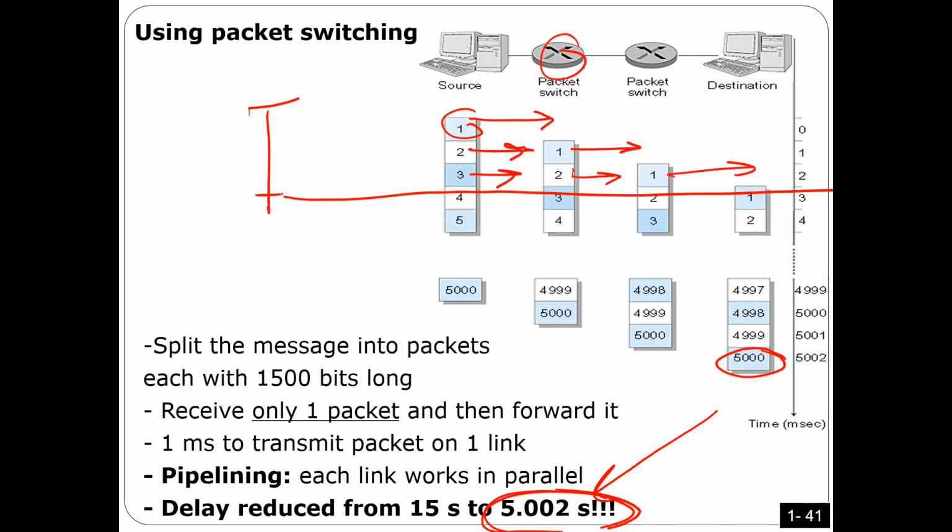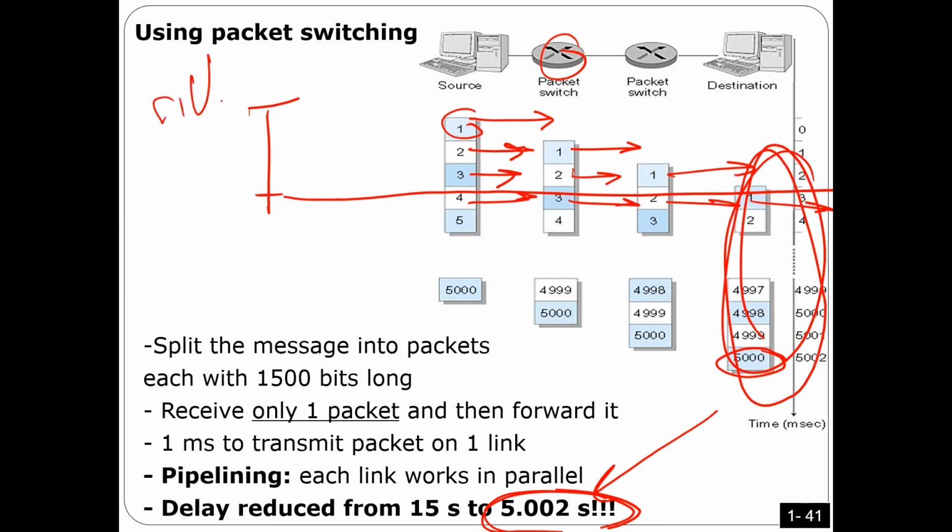So here only one transmission is active. Okay, now it's 2, now it's 3. Now the pipeline is full. Once the pipeline is full, you can see all of them are transmitting at the same time. So here you transmit 4, you transmit 3, you transmit 2, you transmit 1. So we have transmission all the time. Here we fill the pipeline, and here we empty the pipeline. Anyway, if we do it this way,